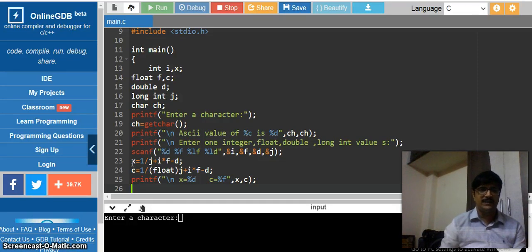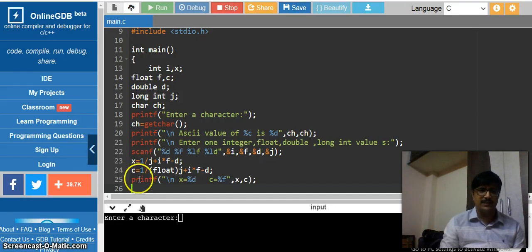Okay, so this is implicit type conversion, that is, in an expression if we are having variables that belong to different data types, then the resultant data type of that particular expression will always be the higher data type, and this is done by the compiler itself. Now coming to explicit type conversion, if the programmer forcefully converts the data type of a particular variable into either a higher data type or a lower data type, then that is called explicit type conversion. So the compiler is not going to do it by itself, rather the programmer will be doing it forcefully to convert from one data type to another data type.